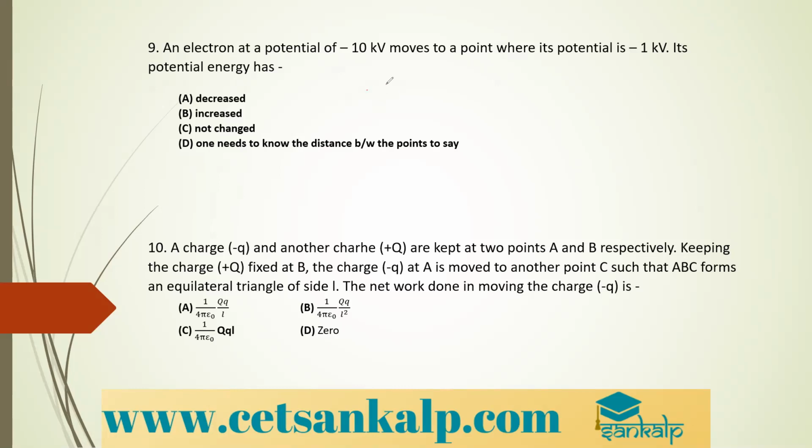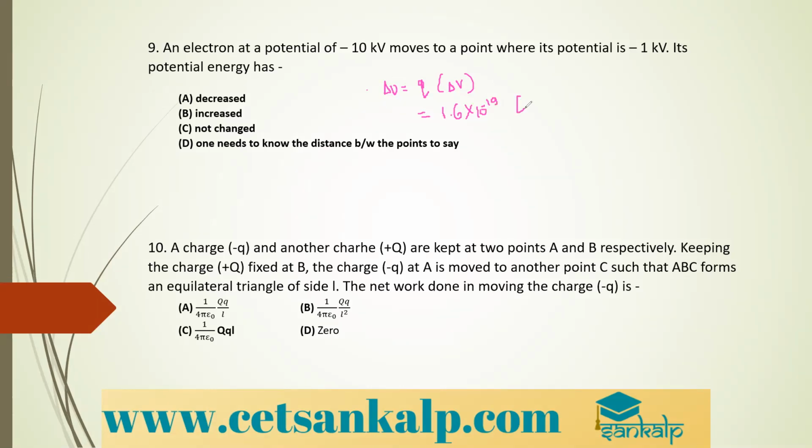That is the change in potential energy we need to calculate. That is delta U is equal to what? It is Q into delta V. So this is equal to, so charge of electron, how much is it? Because they have mentioned it as electron, therefore the charge of electron is 1.6 into 10 raised to minus 19 into bracket.